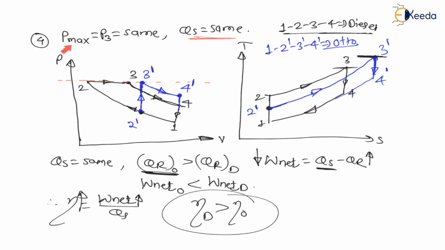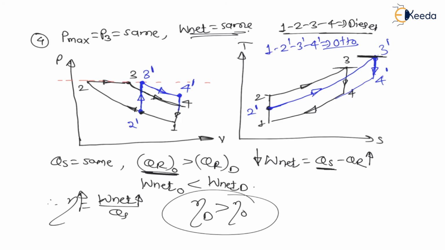Now my dear students, for fifth comparison, the diagram will be same, and in the fifth comparison, here instead of heat supply same, we will do W net constant. W net same means maximum pressure same and W net same, right? This will be your fifth comparison, that is W net is same. Instead of heat supply same, W net, net work output will be same and maximum pressure will be same. The diagram will come same. So my dear students, only change is that work is same, therefore there will be change in heat supply only. Heat supply will change, everything will be same.